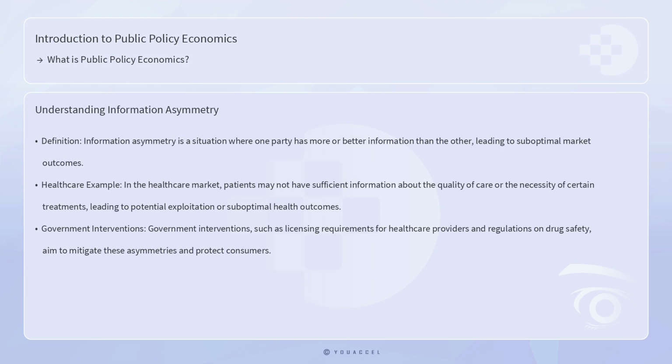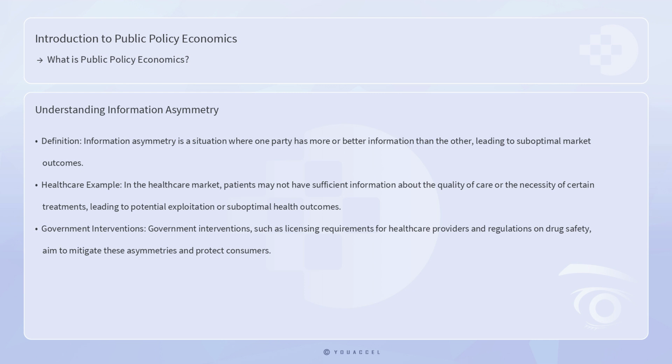Information asymmetry is a situation where one party has more or better information than the other, leading to suboptimal market outcomes. For instance, in the healthcare market, patients may not have sufficient information about the quality of care or the necessity of certain treatments, leading to potential exploitation or suboptimal health outcomes. Government interventions, such as licensing requirements for healthcare providers and regulations on drug safety, aim to mitigate these asymmetries and